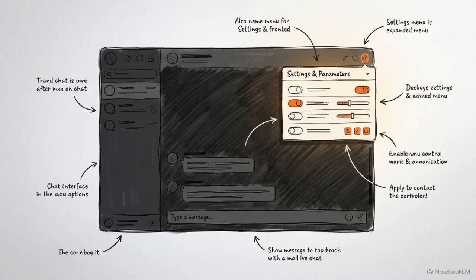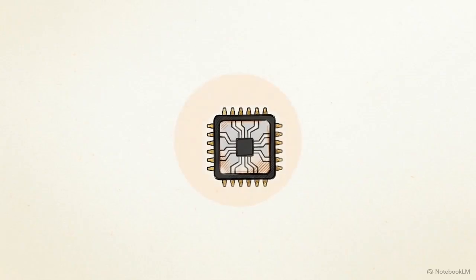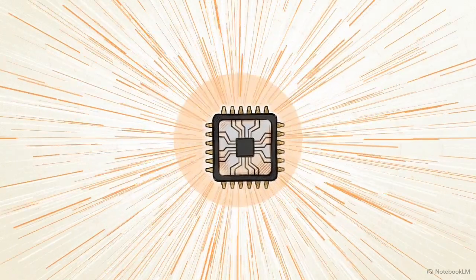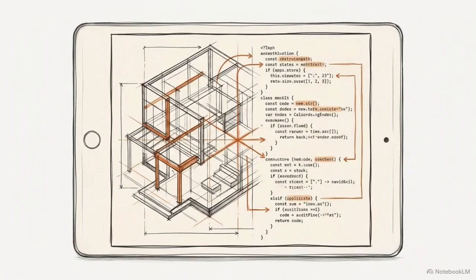Before sending the prompt, look past the main chat box and open the Model Settings and Parameters menu. Locate the toggle labeled Extra High Effort and switch it to the On position. This setting tells Claude to allocate more raw compute time to your specific prompt. Giving the model more time to process the problem ensures a higher level of accuracy when it tackles difficult reasoning tasks. The combination of high-resolution visual data and increased compute allocation allows the AI to systematically work through dense architectural